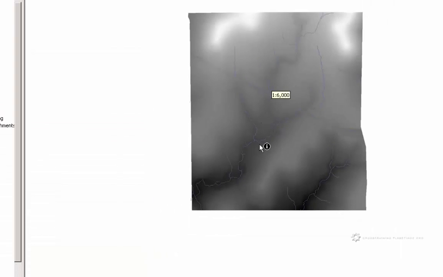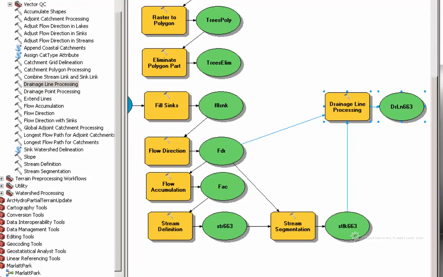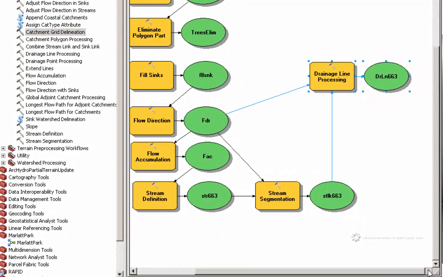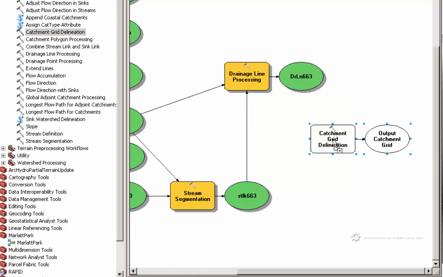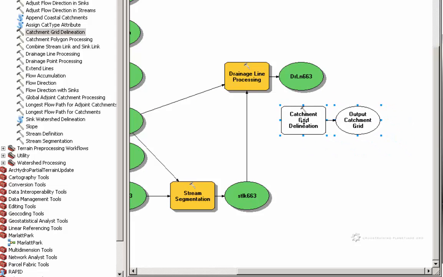Alright, so let's go ahead and do that. I'm going to maximize my model builder window again, and I'm going to be looking for my Catchment Grid Delineation tool. That's this one right here, and I'm going to have to drag and drop that in my model somewhere, probably down in here, and I'm just going to make it sit maybe underneath this tool right here,